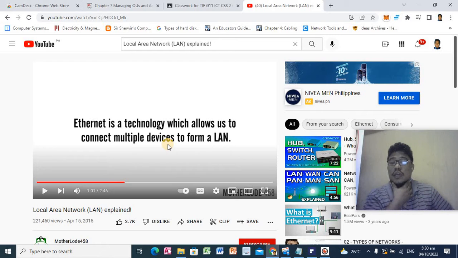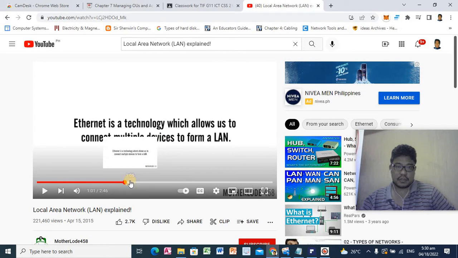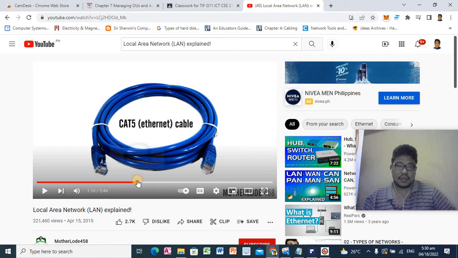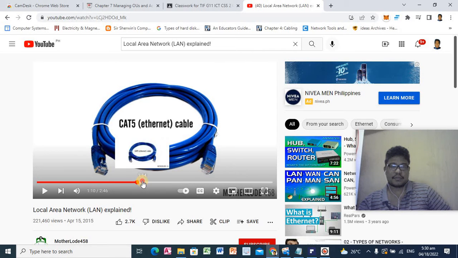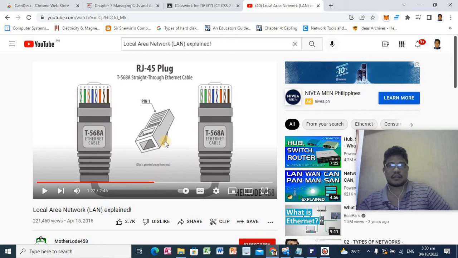So Ethernet is only used in a LAN, a local area network, not in a WAN or MAN, only LAN. It is a technology used for connecting different computers or devices over a local area network. Next to Ethernet, in creating a LAN, we need a Cat5 cable, or Cat5 Ethernet cable, and then an RJ45